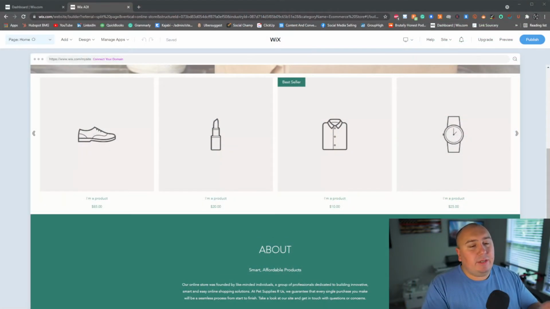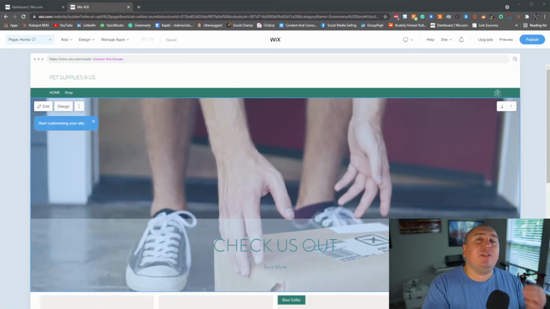Now, yes, you gotta go through, you gotta add images. There's no way that Wix could ever have images if you don't give it your logo. You're gonna have to fill in some information here. It can't do everything for you, but we just built a website in 4.5 minutes. I mean, done. Is it ready to publish just yet? No, but we are way further than we were 4 minutes ago,